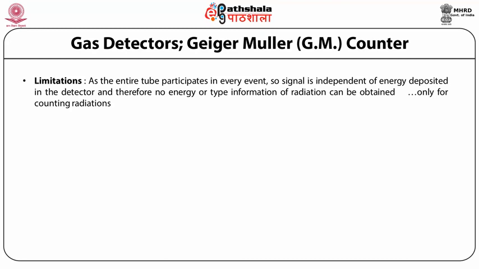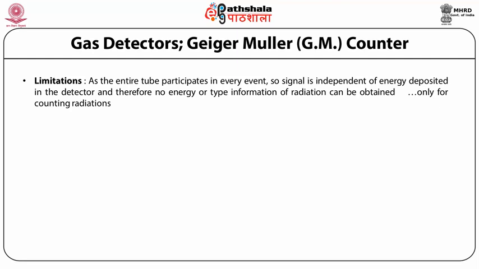Why is it so? Because in the avalanche the number of charge carriers created is fixed. Say for example, in every avalanche 10 to the power 10 electrons are produced. In that case, whatever is the energy of the incoming radiation, there will be primary radiation produced, and then due to the secondary radiations, avalanche will be produced. And in avalanche, every time 10 to the power 10 electrons are produced, after that we can say that the detector stops working.